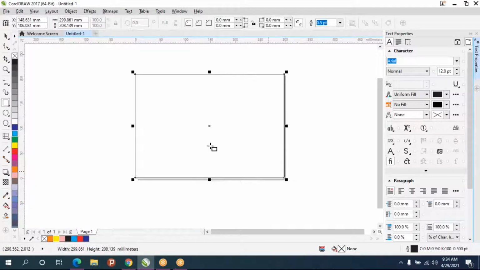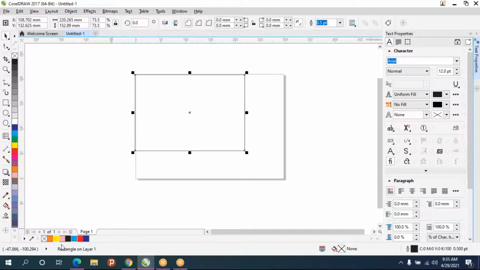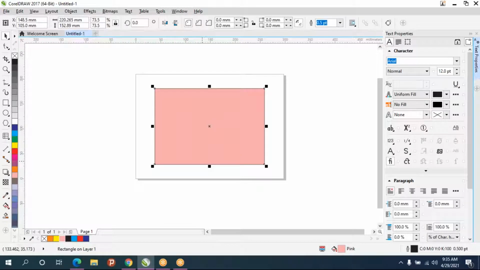I'll take the rectangle tool and draw a rectangular box. Okay. And press P for page center. Suppose you have any objects, if you just press P, just P, not Control P, that object will automatically come back to the center of the page.